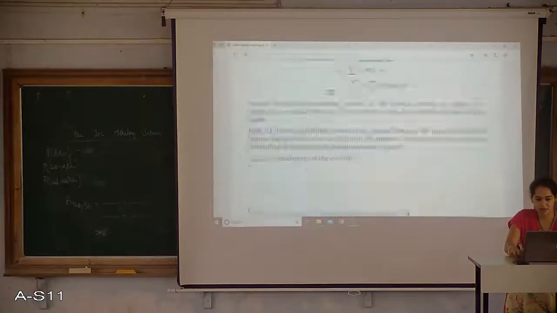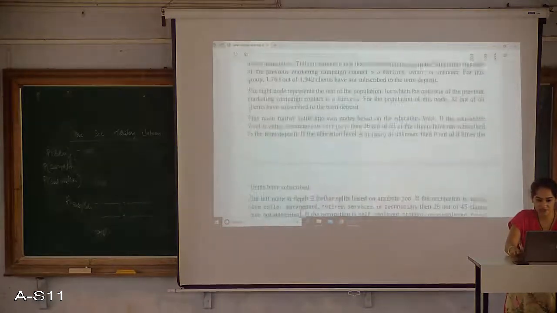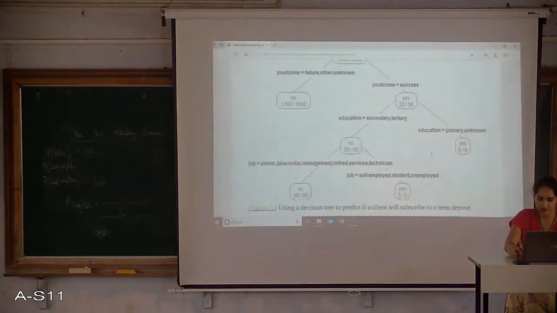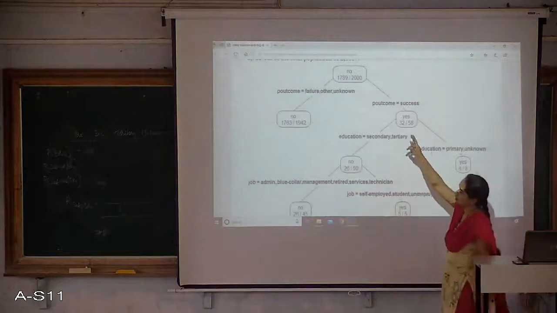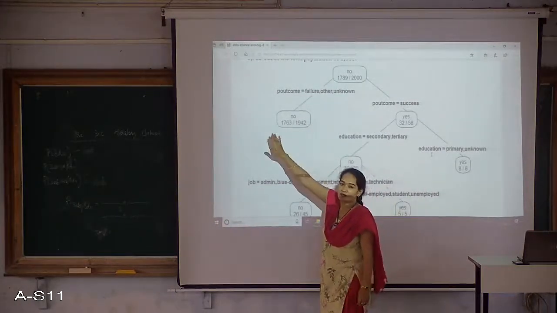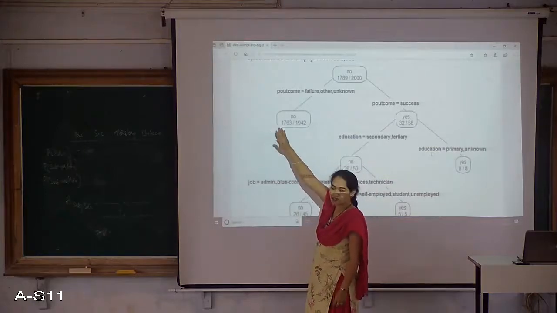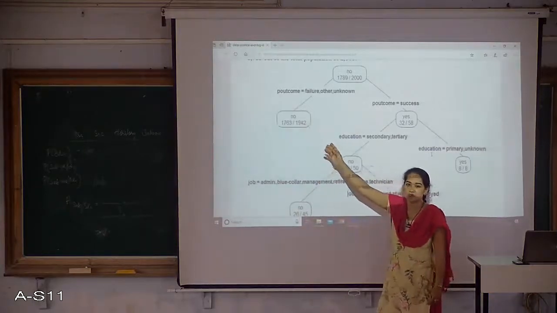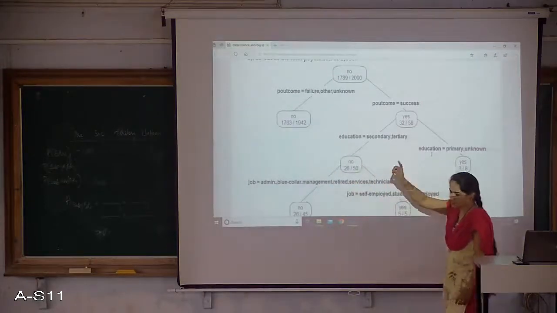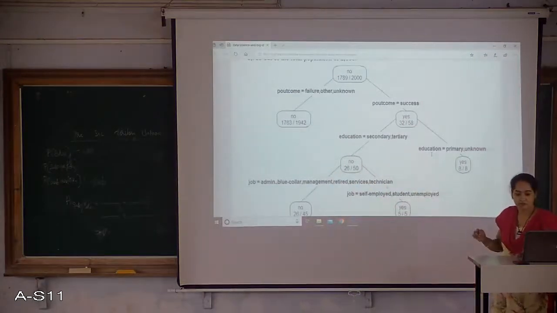When you come to the previous diagram again, here how many are going towards the left, and in this how many are subscribed equal to yes and subscribed equal to no. So NAL, NBL.